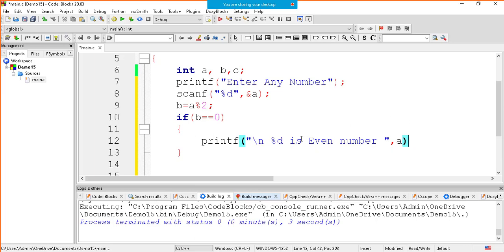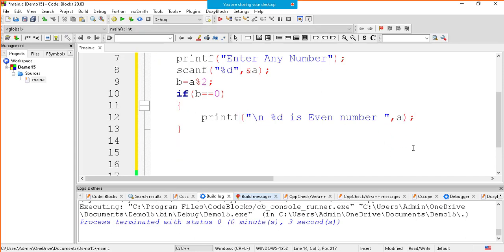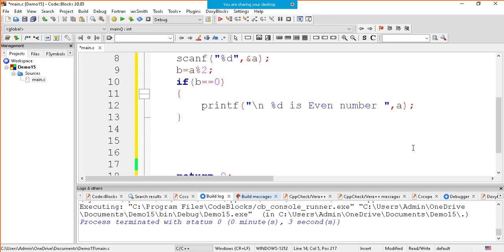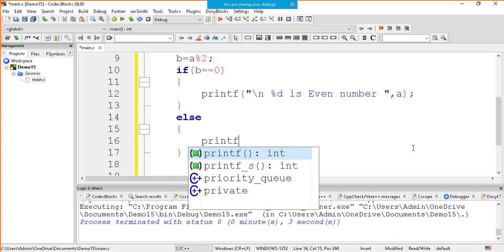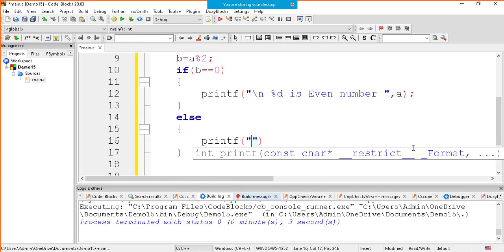So if it is 14, the answer will be "14 is even number". If it is 6, "6 is even number". ऐसे प्रिंट होगा आउटपुट. अच्छा ये गलत हुआ. मान लीजिए b is not equal to 0. b 0 नहीं है. तो b 0 नहीं है तो यहाँ पे कंडीशनल स्टेटमेंट में इफ के साथ में एक एल्स का ब्लॉक बनेगा. एल्स, राइट. और एल्स के अंदर आप लिख सकते हो printf. यहाँ क्या लिखूंगा मैं? अगर वो इवन नहीं है तो क्या है दोस्तों? What is that? \n %d is odd number.